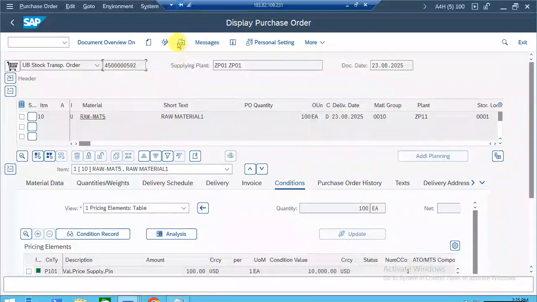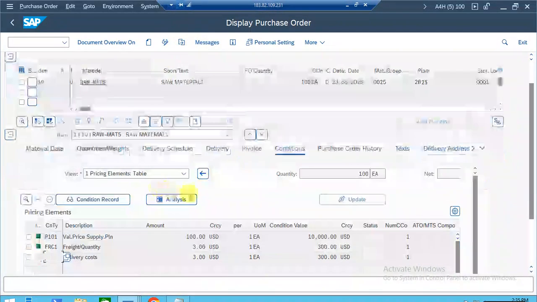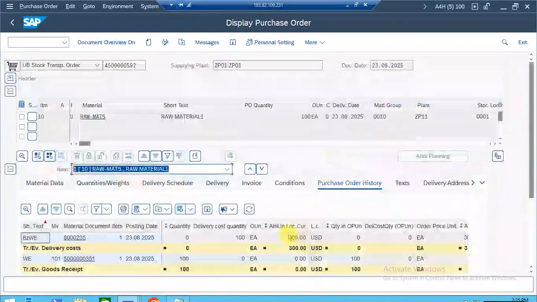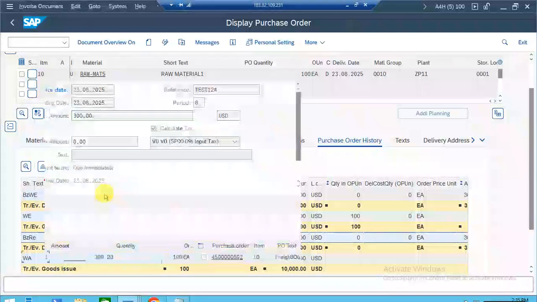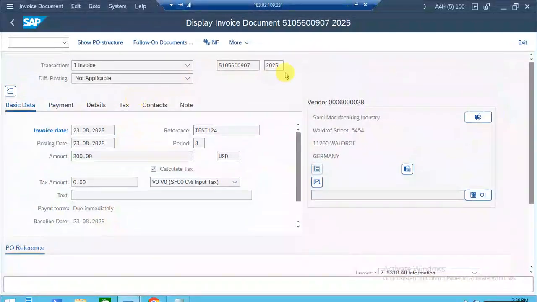So this is our STO. Open this STO document again. Go to purchase order history. In the purchase order history, you will see that invoice document. From here you can get that invoice document number. So this is our invoice document number. So you can open the invoice document from purchase order history, or